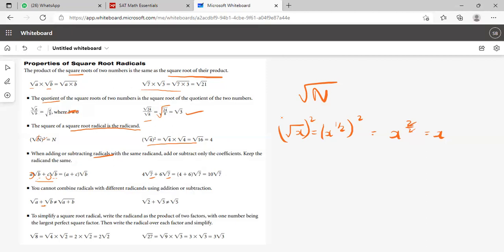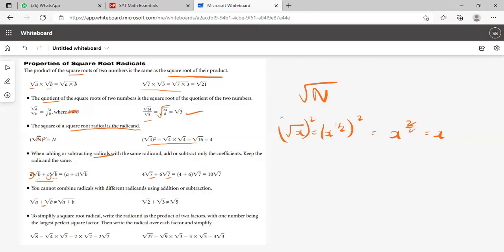To simplify a square root radical, write the radicand as the product of the two factors, with one number being the largest perfect square root. Then write the radical over each factor and simplify. Okay,